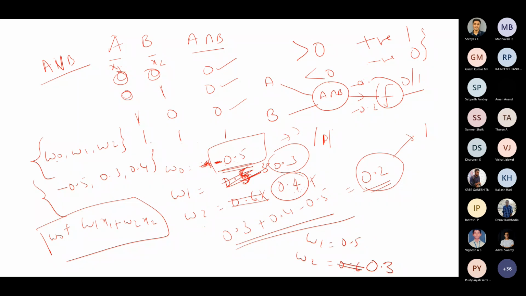Okay, 0.3. So therefore, what happens? This will work anyway. So this will also work because 0.5 into 0 is 0. 0.3 into 1 is 0.3. Minus 0.5 is going to be minus 0.2 resulting in 0, which is fine. 1, 0, 0.5 into 1 is 0.5. This is 0. So minus 0.5 will result in a problem. So I'm going to increase this slightly to minus 0.6. So that will work.